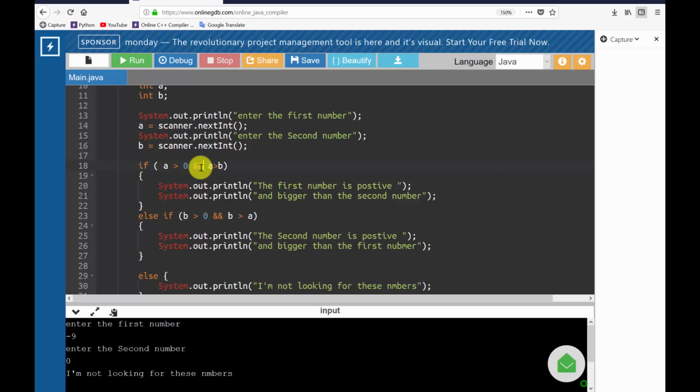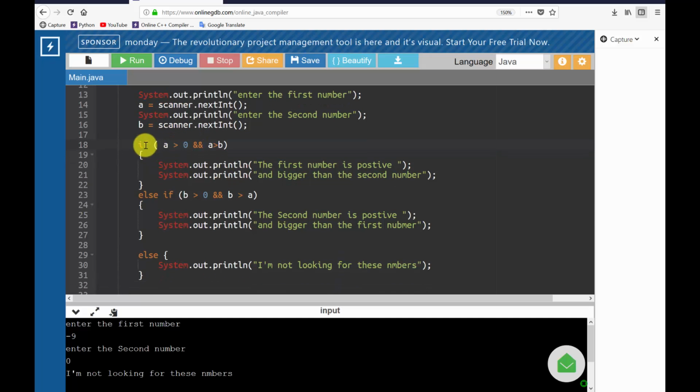But if I had the or over here, or maybe let's give another example for that. The way to write the or statement is by putting two symbols like this over here. Same over here, let's do that. We're gonna say if A bigger than 0 or A bigger than B. So if one of these conditions is true, then we're gonna say